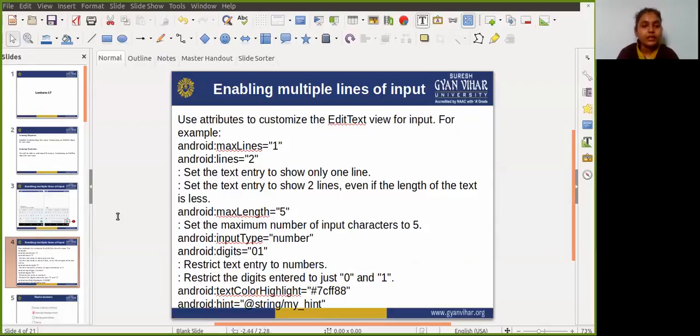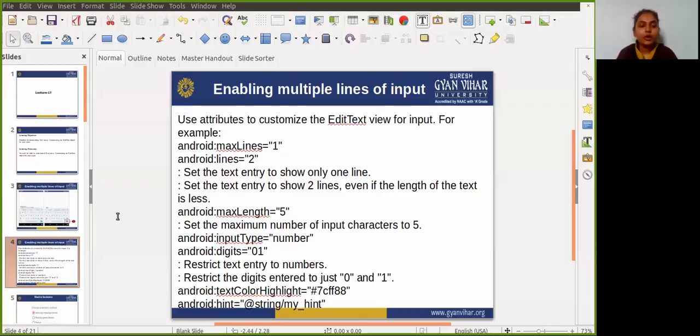The third attribute sets the maximum number of input characters to 5. For that, you need to write the attribute android:maxLength equal to 5, with the 5 in double quotes. The next one restricts text entry to numbers.